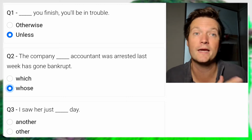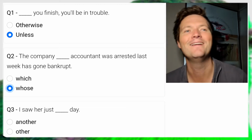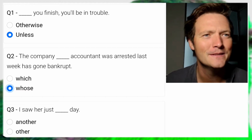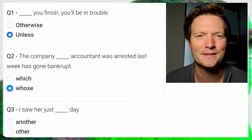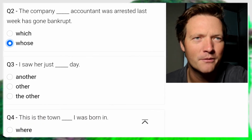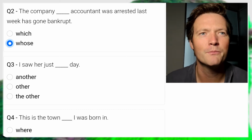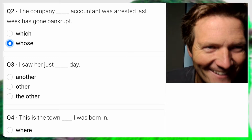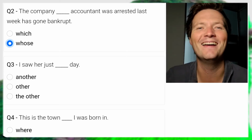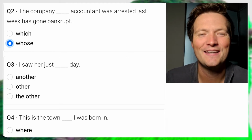The company whose accountant was arrested last week has gone bankrupt. They have gone bankrupt in the absence of their accountant. Not sure that's my experience with accountants, that they stopped me from going bankrupt. But anyway, maybe they stopped me from going to prison. Anyway, number 3,